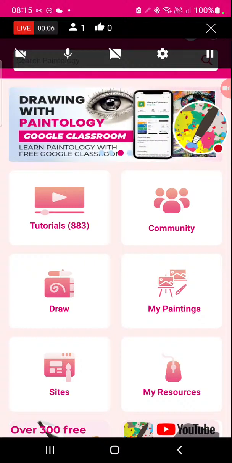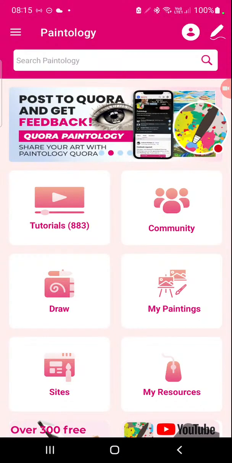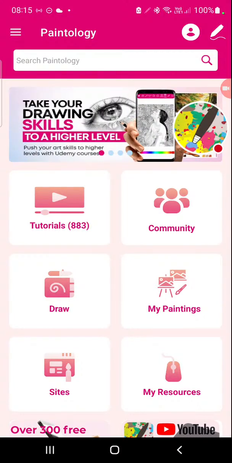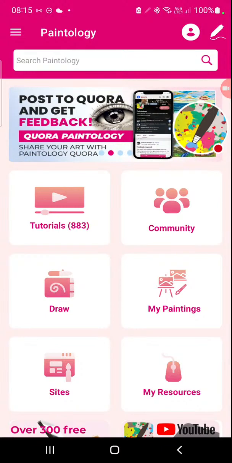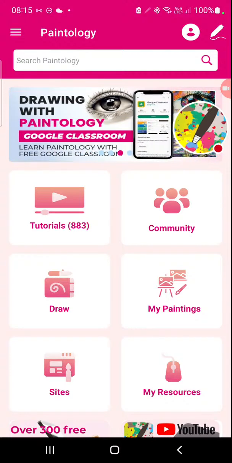Back to another session with Reduce on the Paintology drawing app. So, as you know, this drawing app has a unique approach to digital drawing, much more so than any other drawing app. And the reason for that is because